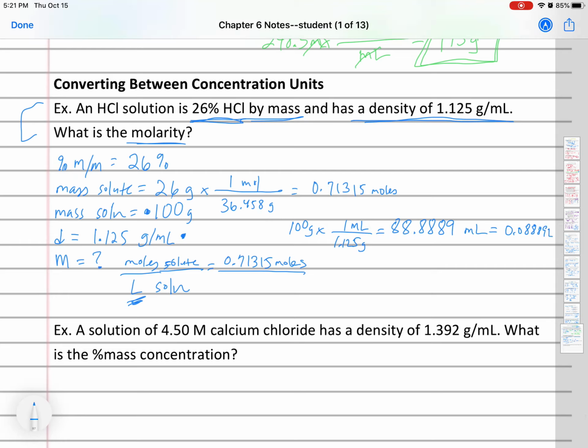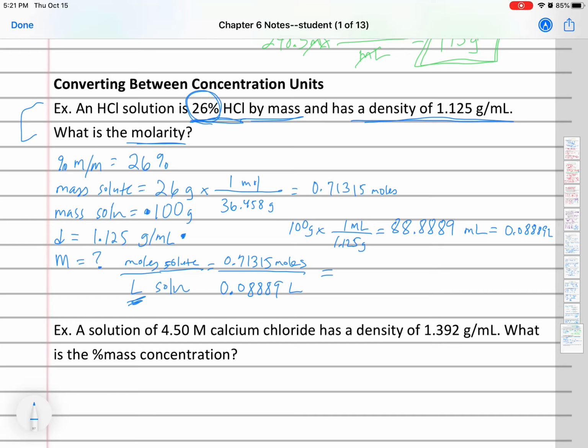Here we go, 0.08889 liters. So now I can plug that in down here, 0.08889 liters. And now I can solve for molarity because it's moles per liter. So 0.71315 divided by 0.08889 is